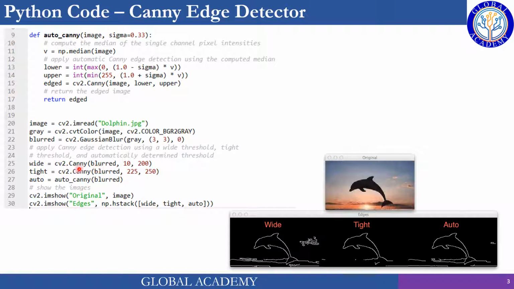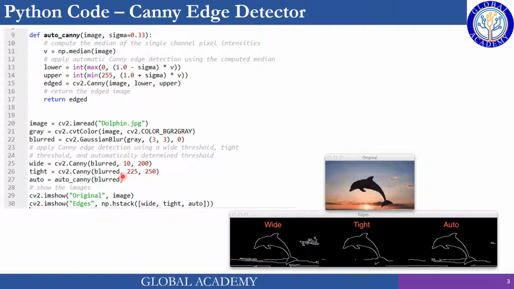So we applied three different Canny versions: with a wider range of threshold, a tighter range of threshold, and a threshold computed based on the median of the image. So we got three different images. The original image is a dolphin image with sky and sun and some clouds in the background, and we got this image after the wide hysteresis threshold, in case of tight we got this one, in case of auto we got this one.